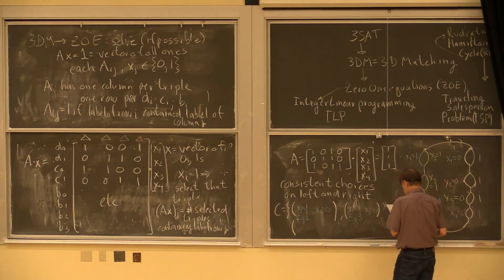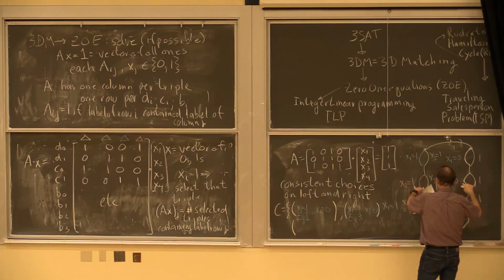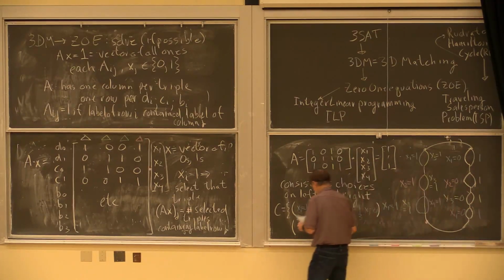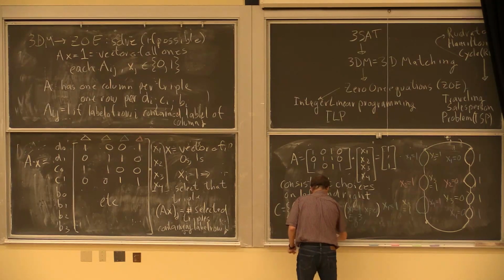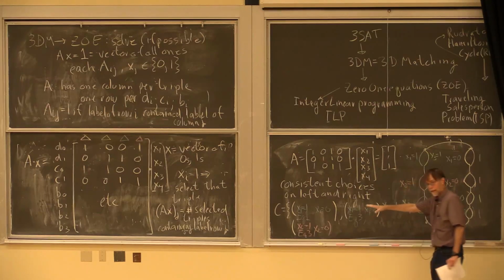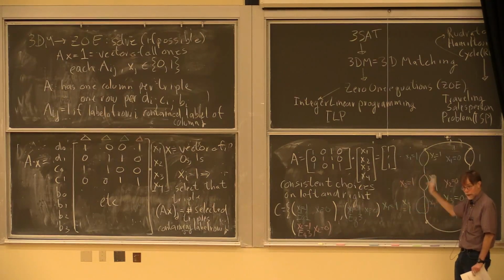So how about x2 equals 1, which means that I can either pick to go down that edge or down that one. I can't pick both of those. So let me distinguish that one. So x2 equals 1 in equation 3, or x2 equals 0 over on this side. I can pick one. I have to pick one, but not the other.